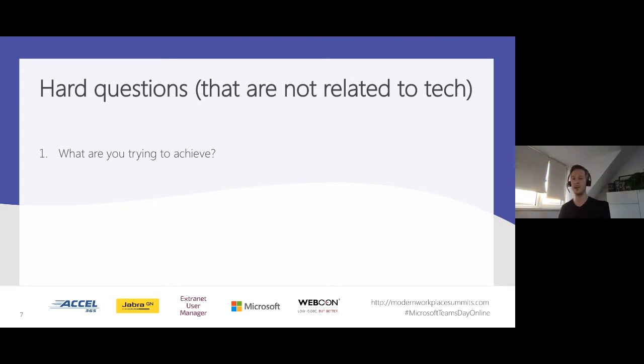Is it maybe to collaborate? Is it maybe exactly like in the time like now, to be able to work at home and to stay in touch with each other? Maybe you want to address the global workforce and remote workforce and problems and so forth and so on, right? So this is the very most important thing that you have to understand first before you even do anything